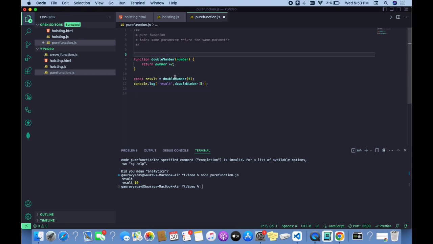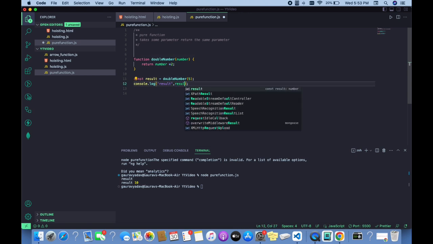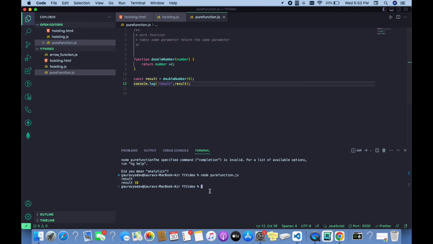So here, if you see, what the pure function is returning. If we call this result value here and try to run this code, we'll get the result value as 10. So this method is considered a pure function because it is not getting affected by any external parameter. Suppose you have some value, an external parameter,